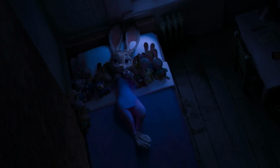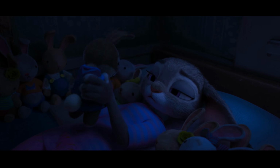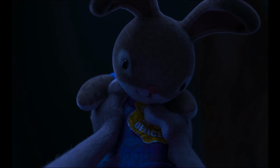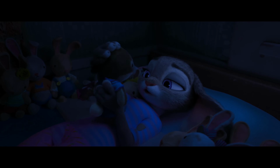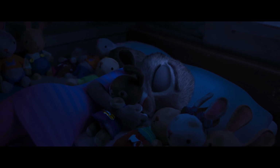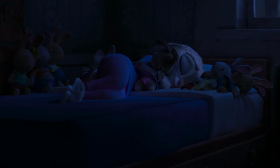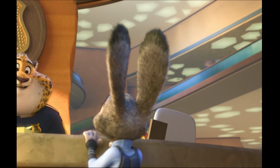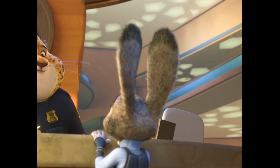Like, this bit right here, I think she's supposed to be under the covers. Here. But she isn't, and I think that's because it's unfinished. Because actually animating her being under the covers in this scene would take so long. And you can see her ears clipping through the pillow, so much stuff. Yeah, I think that the reason 2D won out over 3D for the last 15 years is because